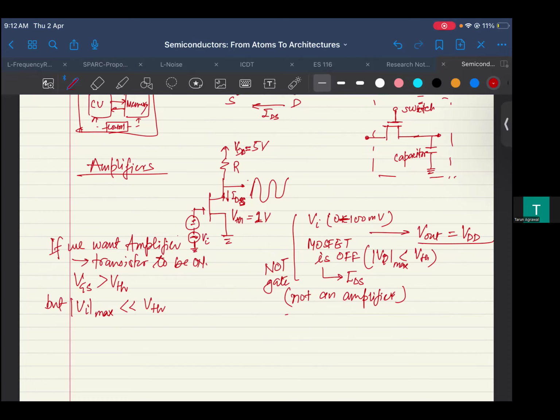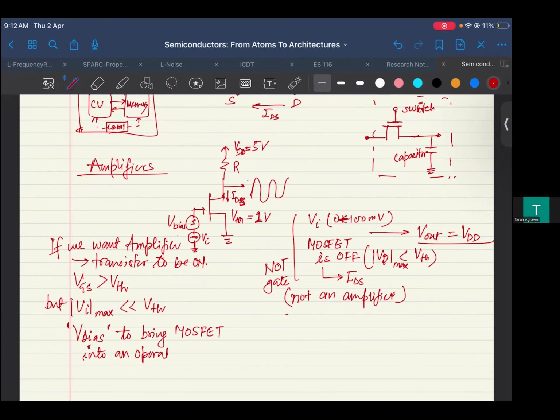So this is my VI, and this is what I will call a bias voltage. What is the meaning of bias voltage? You have to make your transistor on, right? The job of this bias voltage is to bring your MOSFET into an operating region,